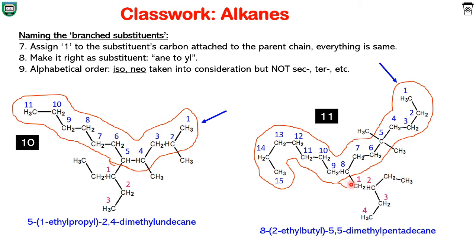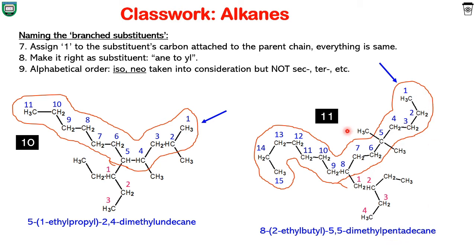So this substituent again has a small branch or substituent. So on second position we have ethyl. So second position in the bracket we are writing this complex substituent. So 2-ethyl, and on the second position we have ethyl, and this has 4 carbon atoms. So butyl, not butane, because this is a substituent. So that's why we write butyl. So 2-ethylbutyl is the name for this substituent. So this is present on the 8th carbon, right? So 8th carbon, 2-ethylbutyl, 5,5-dimethyl,